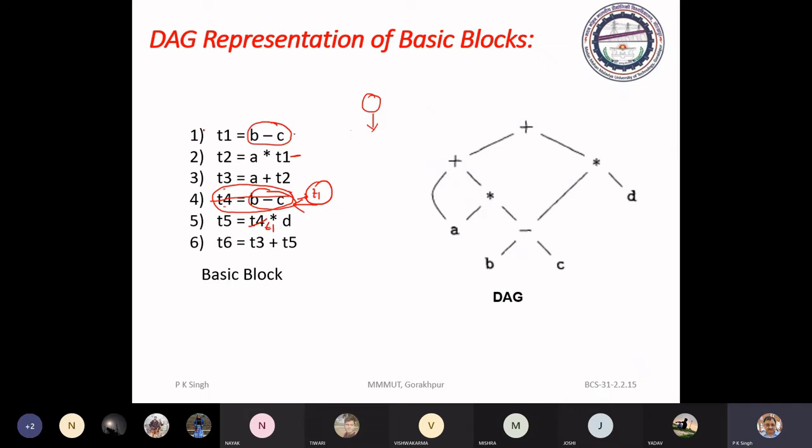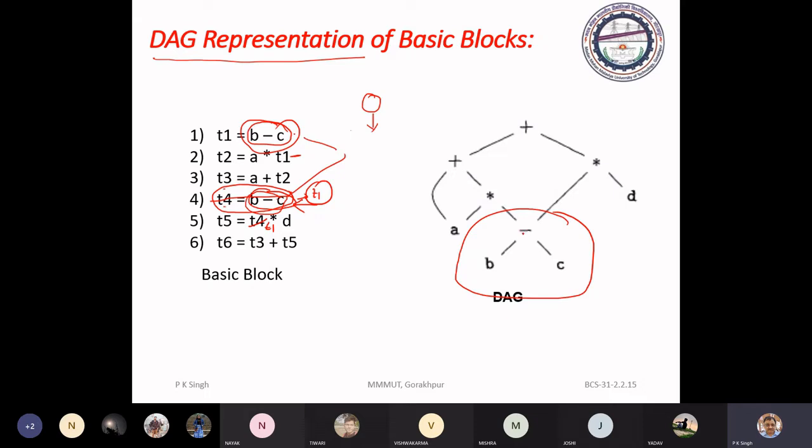The expression B minus C for T1 and B minus C for T4 are called a common sub-expression. If you recall the previous discussion, where we constructed the DAG, we can easily identify the common sub-expression through the diagram representation.